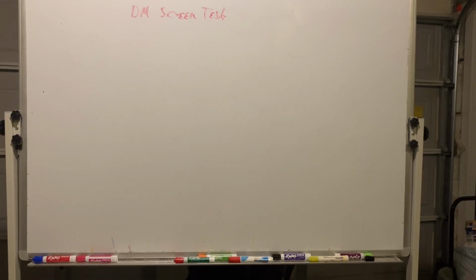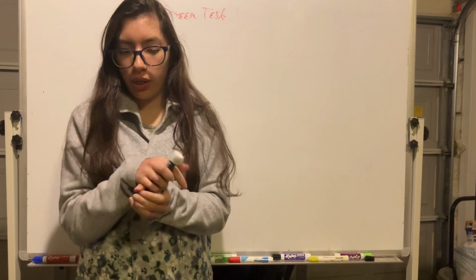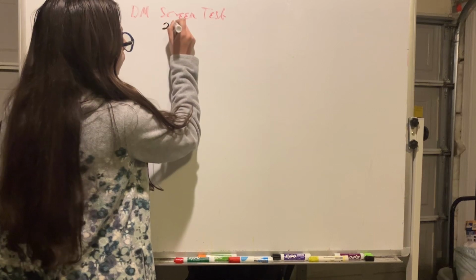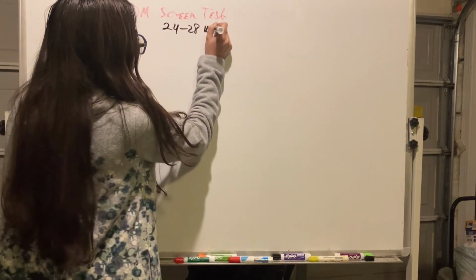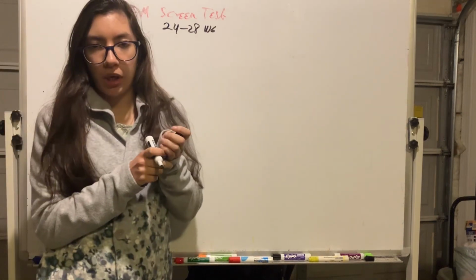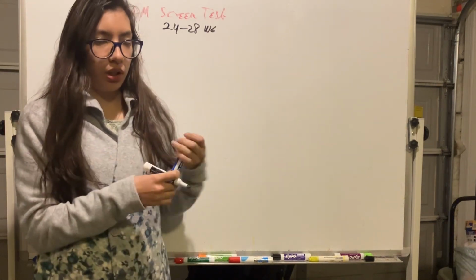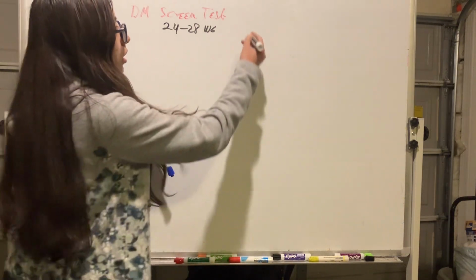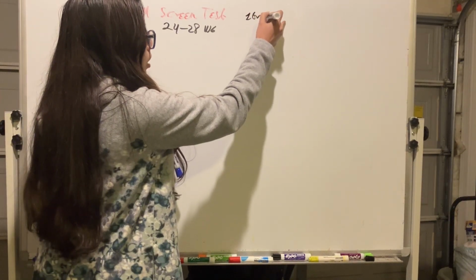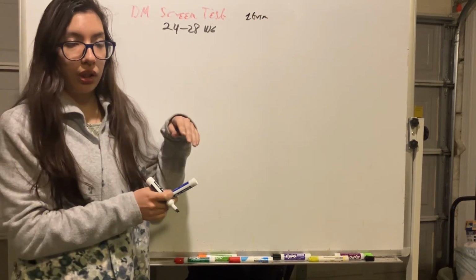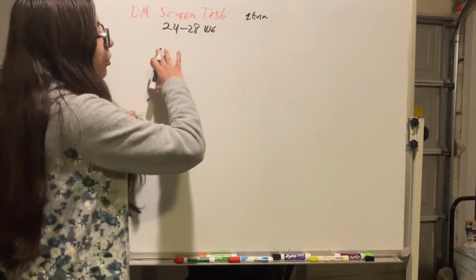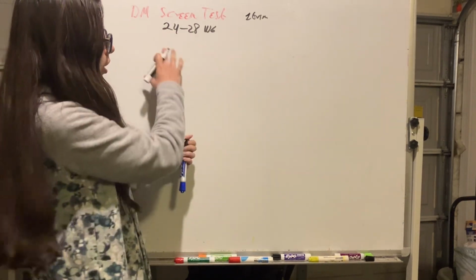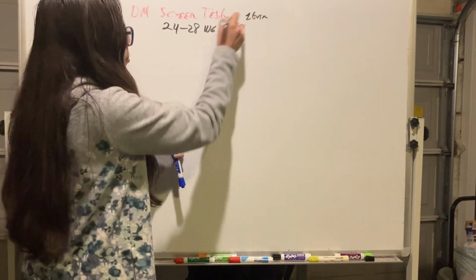Now we're going to see the screening test for diabetes mellitus during pregnancy. We start at 24 to 28 weeks gestation to evaluate for diabetes mellitus as a general rule. But in the next video we're going to see some cases in which the universal test is done during the first trimester, besides doing it in the third trimester. But besides that, the universal diabetes mellitus screening test for pregnancy is during the third trimester, between 24 to